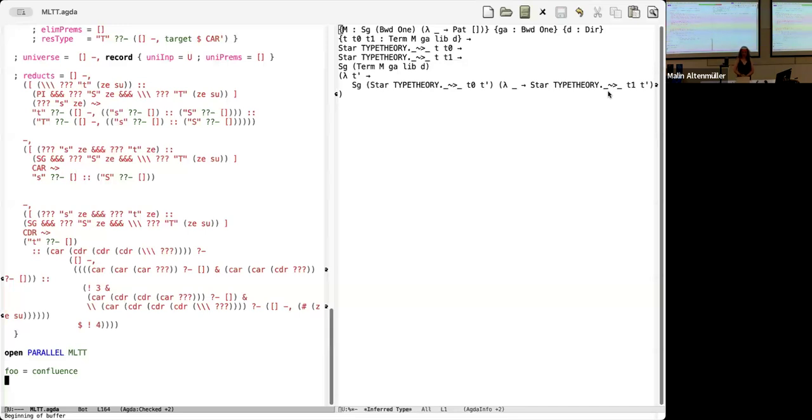So here I'm writing down what the reducts are. It ought to be the case that if these reducts have the same type as the redex, then I'm done. We've got type preservation